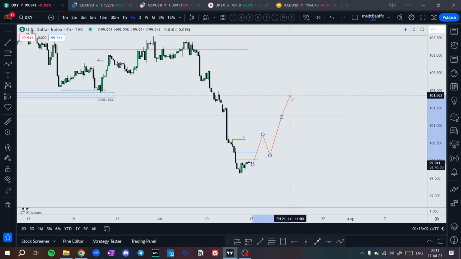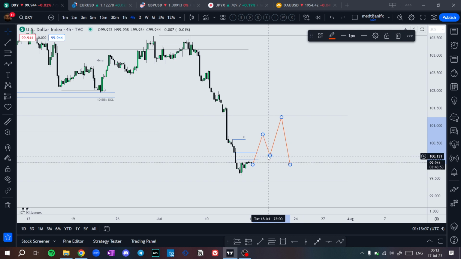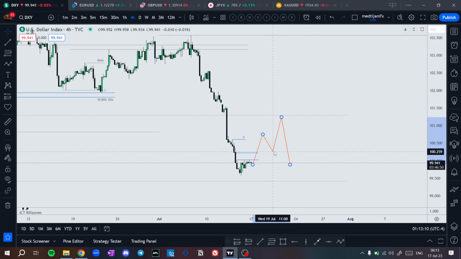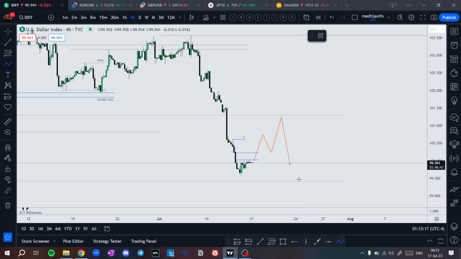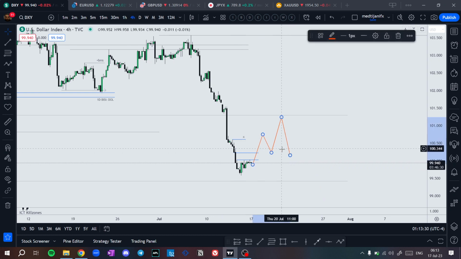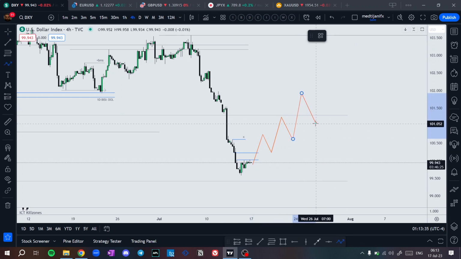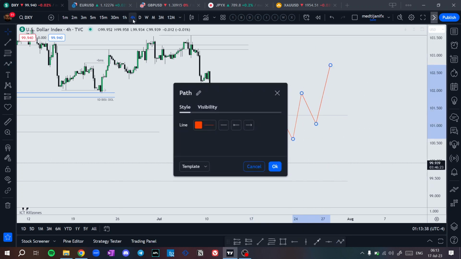But let's assume that by then price went to this point, then drops, taking this low, the swing low that is created right here or here, I don't know, a 4 hour swing low. Then we're going to say, okay, price has changed, the market has shifted in market structure again, so let's continue selling, something like that. But once price takes this high, I'm going to keep expecting this scenario, something like this, to fill this